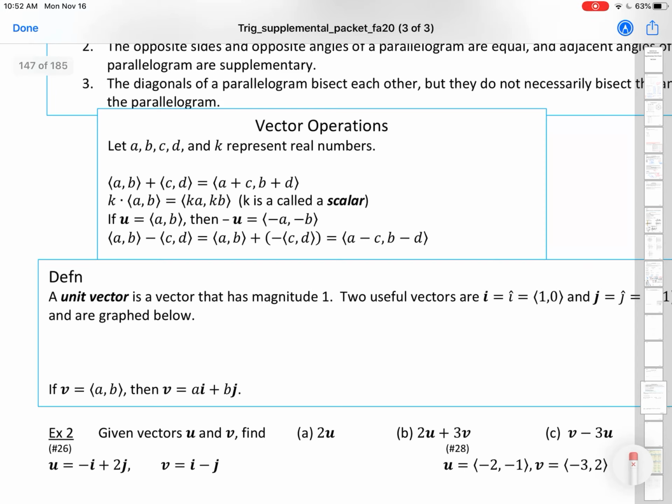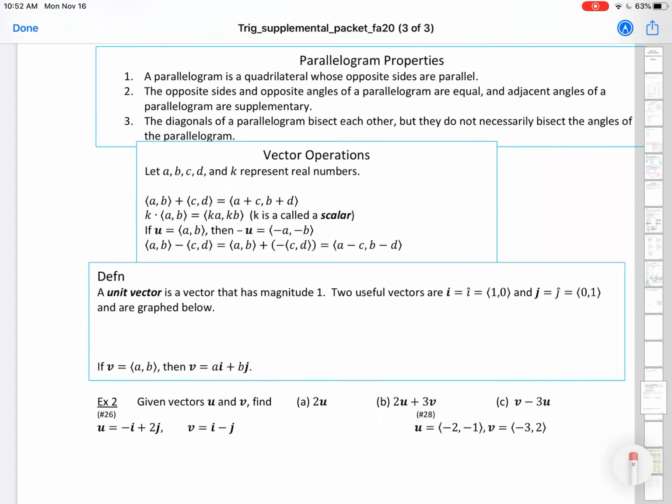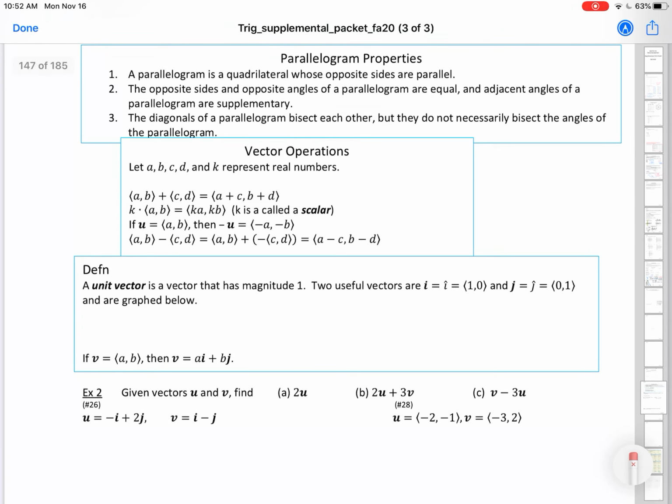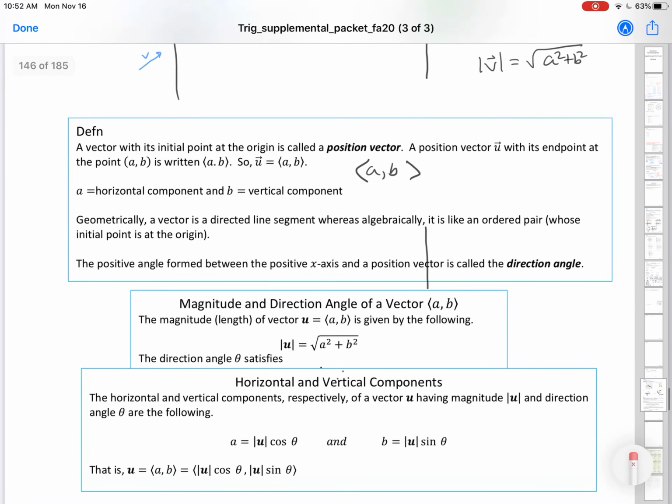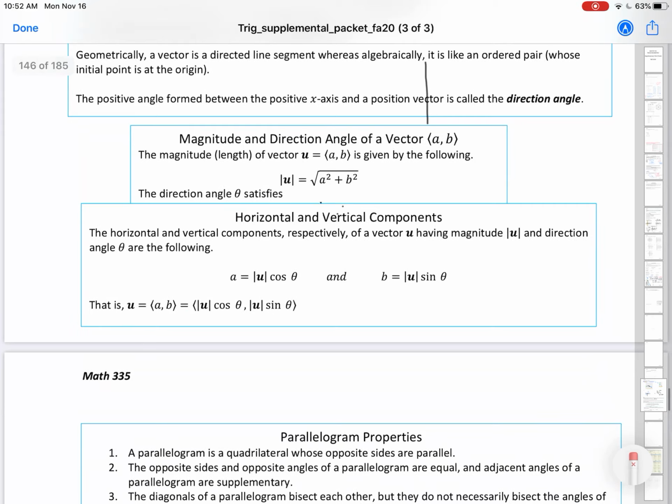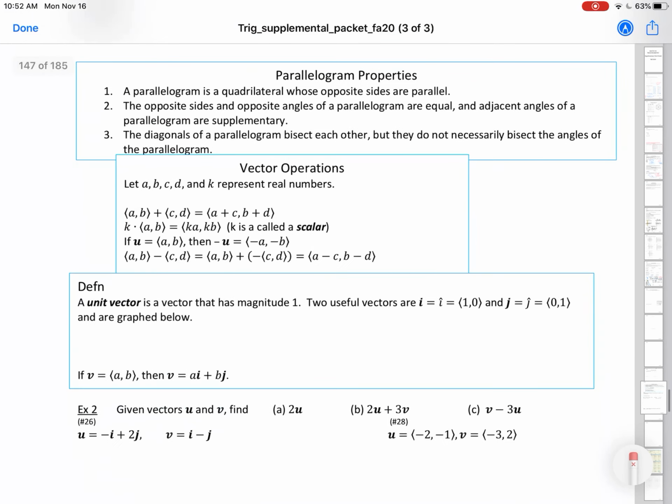But before they get too far into it, they switch the notation again. So they want to have all the notation out there. They started out with saying, hey, you can define a vector between its initial point and its terminal point. Better is to define it as its components, in its initial position, with a and b being its horizontal and vertical component. And then